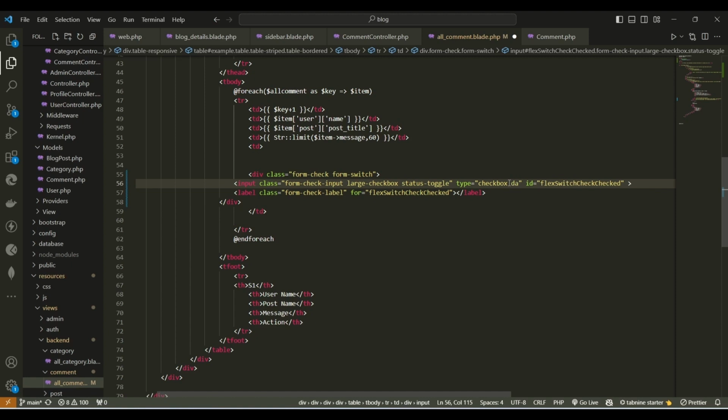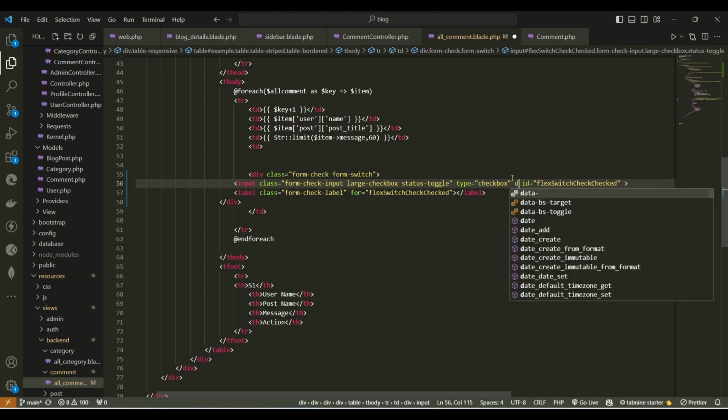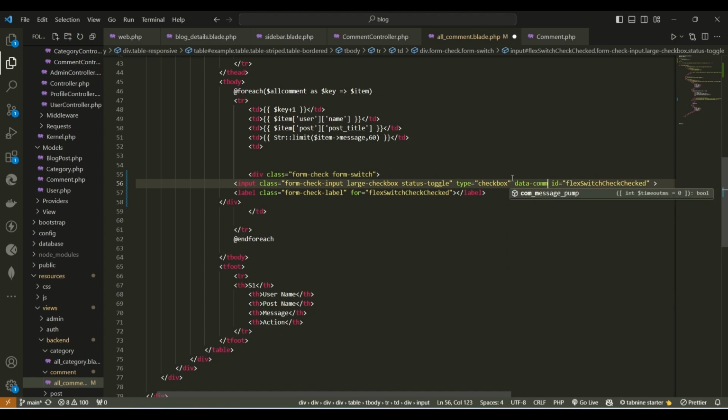Another attribute we want to add is data. That'll be outside the type. That'll be data-comments-ID. The data-comment-id will be equal to, we're actually going to write some conditions here. This data-comment-id, we'll actually be using in our JavaScript. Now into your double quotes,